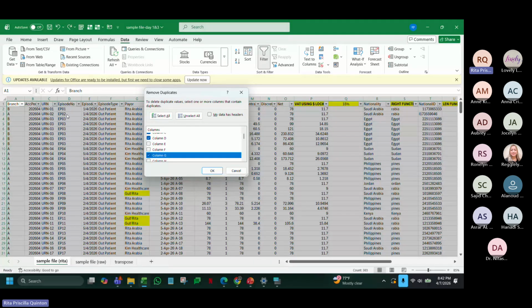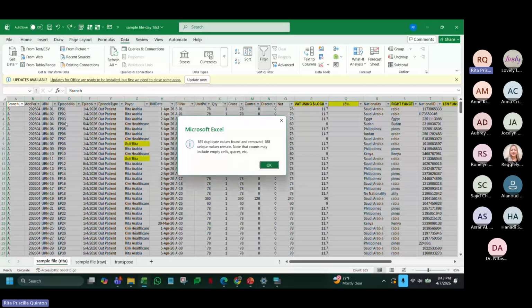So for example, what we are expecting to see now is that this N1 with episode 1 will stay, 2 will stay, 3 will only keep this fourth column and will remove this. Same for 4, this 2 will be deleted since it has the same MR, same episode, and same payer. So let's see. Okay, so this is what happened.